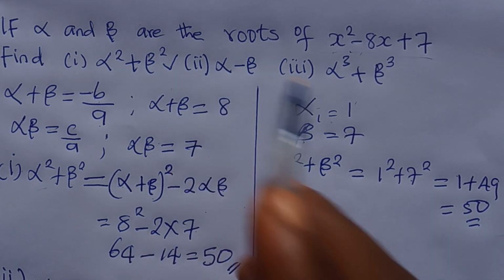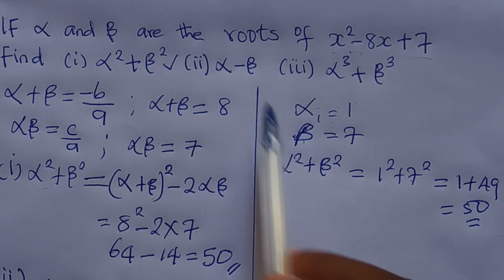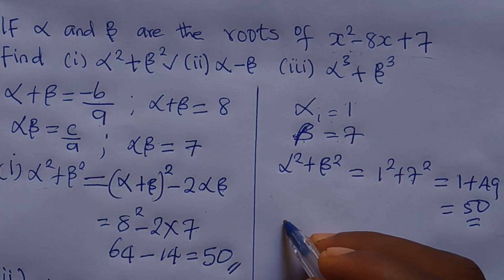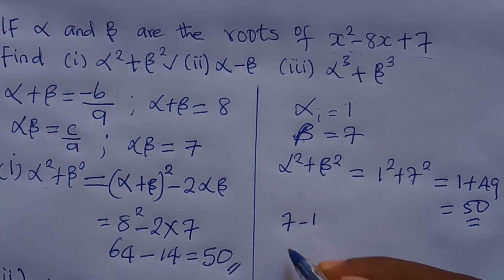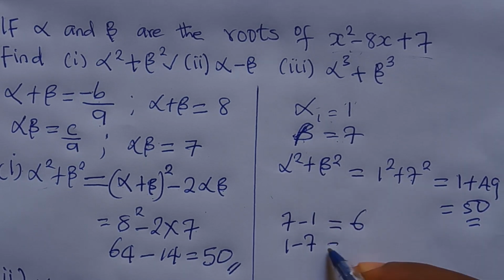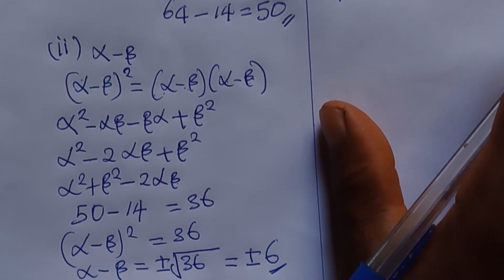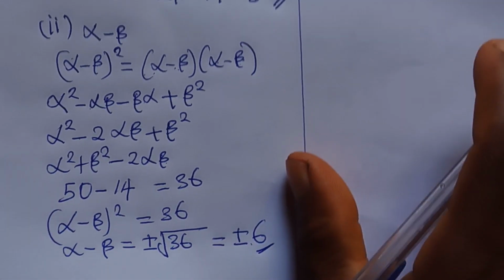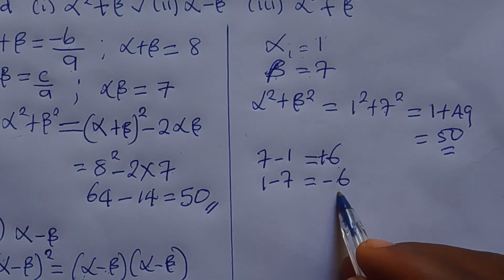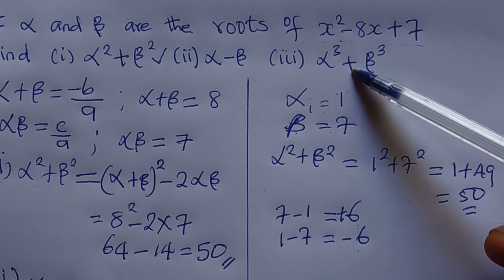Then for this other one, they said alpha minus beta. You don't know the one that should be alpha, the one that should be beta, but you have two roots. So it will be either 7 minus 1 or 1 minus 7. That will give you either positive 6 or negative 6. That is why even when we solved, we got plus or minus 6. So the answer is what? Plus or minus 6. Now I'm going to allow you to solve this,